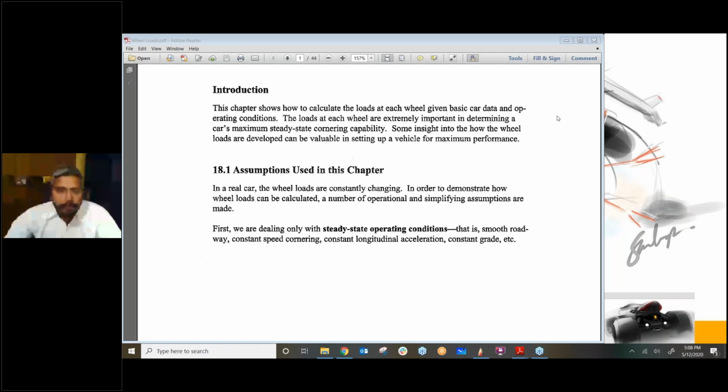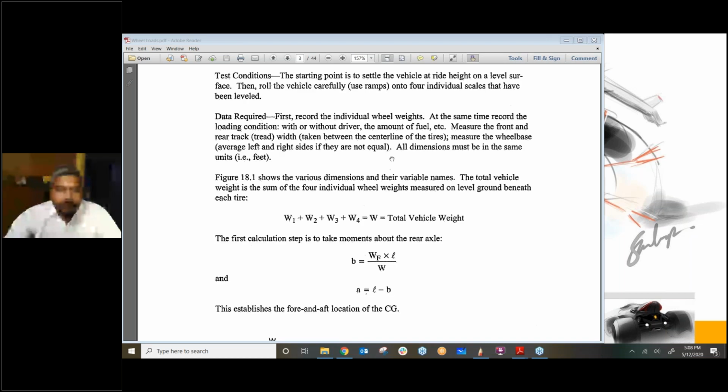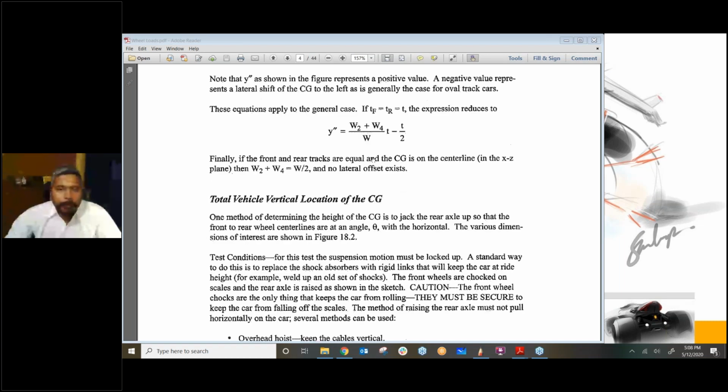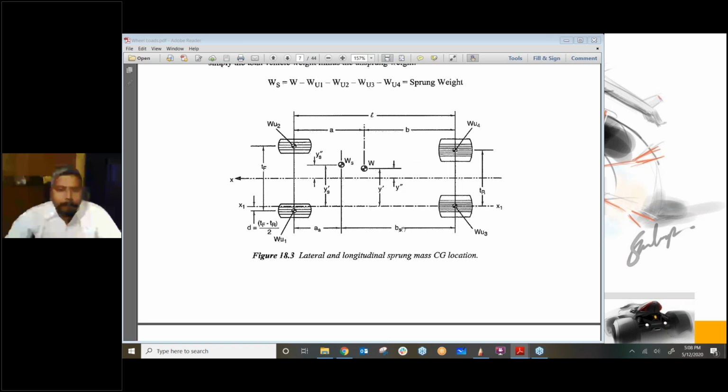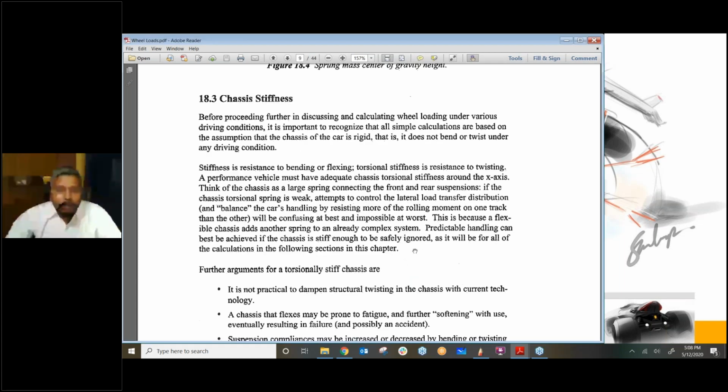So W you already know, because that is the total weight of your vehicle. Lateral acceleration you know, height of the center of gravity you know, track width you know, you can calculate the change. Now convert this change into percentage, and this will tell you how much percentage of the load has been transferred when you are taking a right or a left turn. Now, this is done. This particular case will tell you something when you are designing the knuckle of your vehicle.